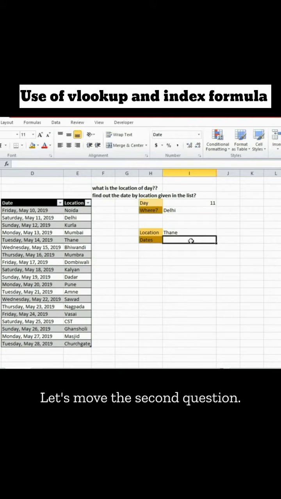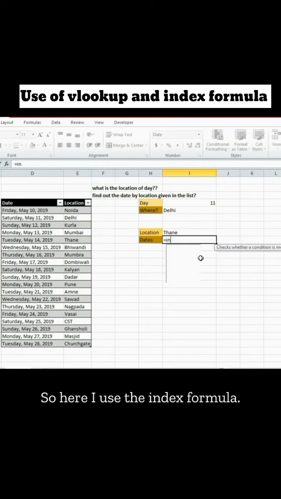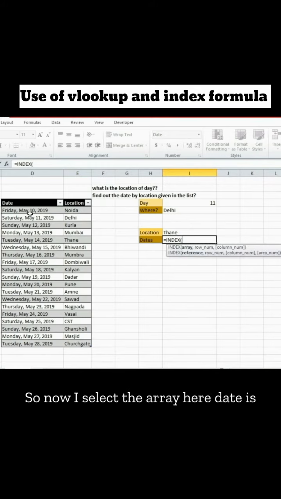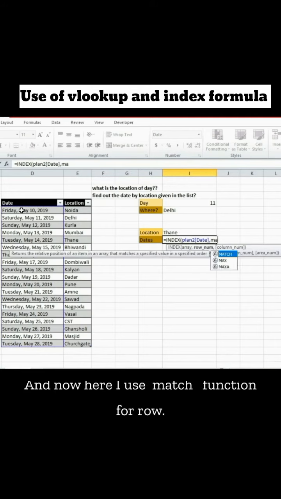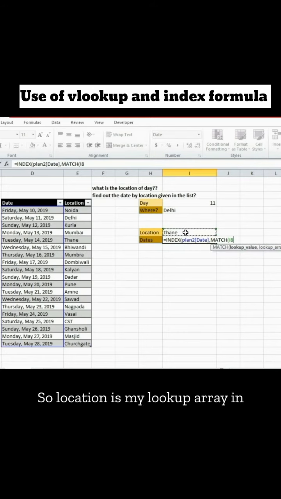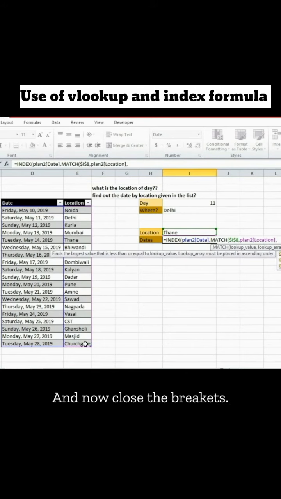Let's move to the second question. Find out the date by location given in the list. Okay. So here I have a list of location and I find out the date. So here I use the INDEX formula. So now I select the array. Here date is my array because I find out the date, and now here I use MATCH function for row. So location is my lookup array in the table, 0 for exact match, and now close the